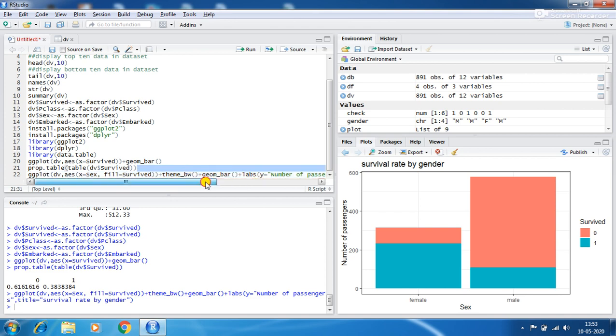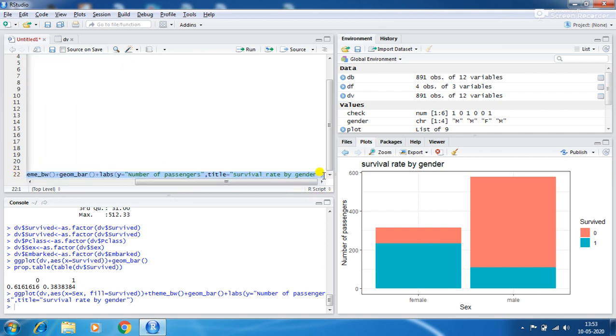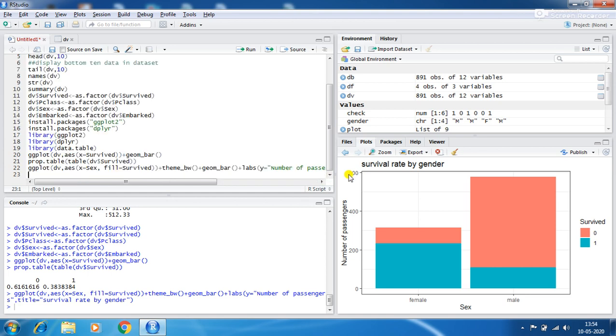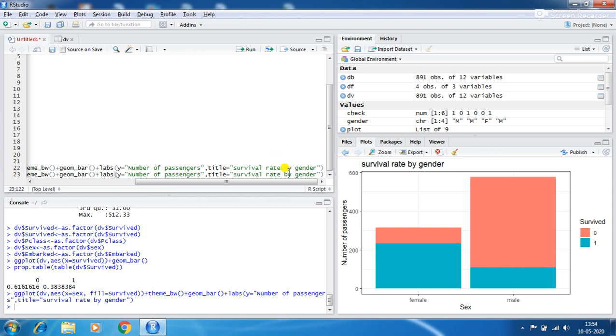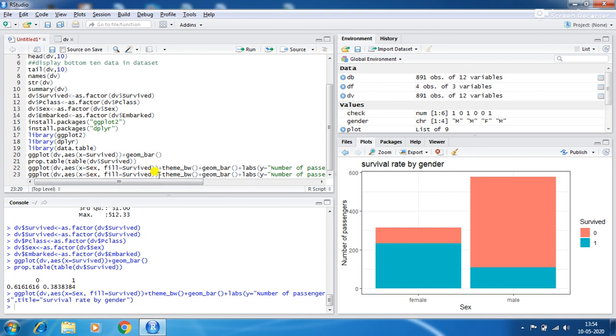Then the survival rate on the basis of the passenger class, that is survival rate by passenger class, Pclass. X is the Pclass. Then survived, because survived versus the passenger class, and all are the same.